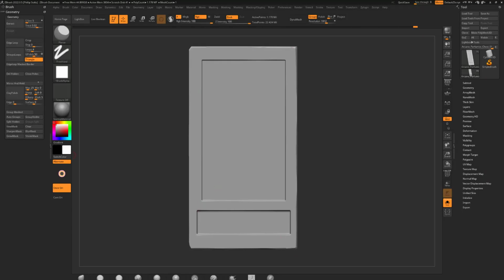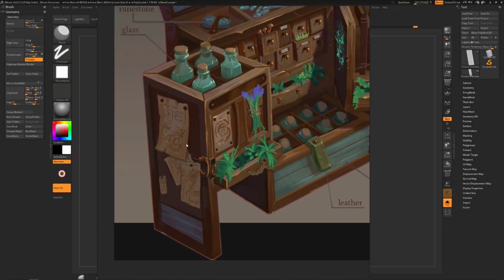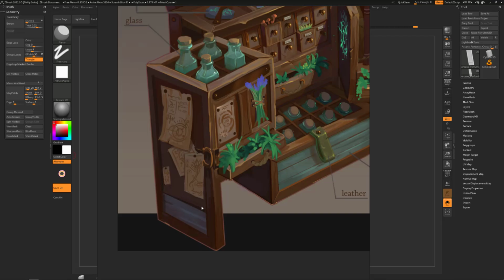But let's take a look at the concept. I can see here, this almost looks like it's got another variety of wood right here. The wood grain is going horizontally here, and all of this wood grain is going vertically. So there are no cut lines here, which to me suggests that this would all be one piece of wood. But this is stuff that I highly encourage you to think about when you're sculpting, and really give it a lot of thought,